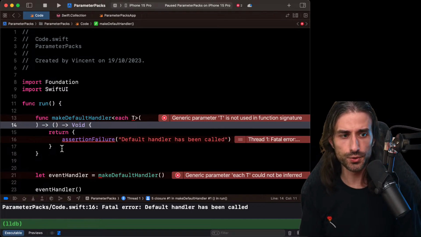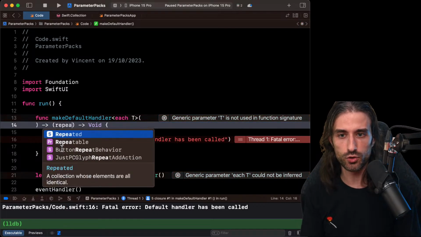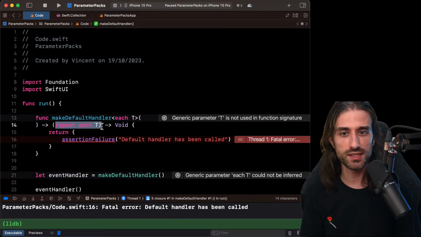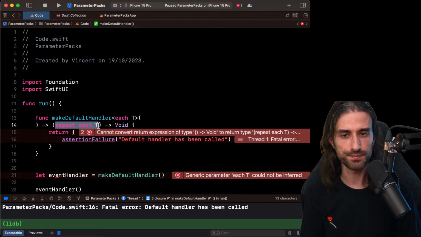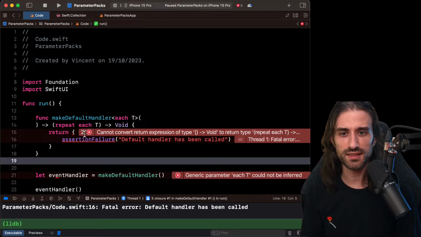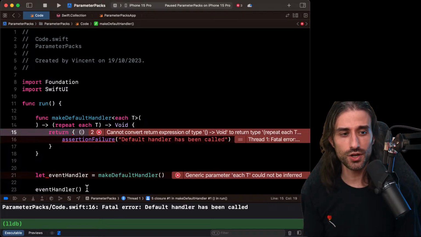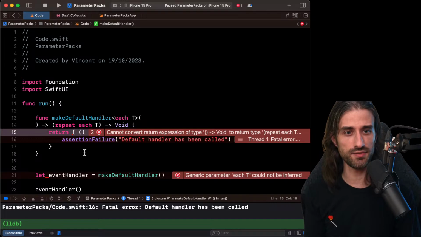So here, for the number of arguments the closure takes, it's going to be just our good old repeat each t, because we simply want to have a comma separated list of the types. So here, nothing new. But you can see that it's not enough for the code to compile, because we need to define also the argument list of the closure. And this is where it's interesting, because we want to say that the closure will take that many arguments. And it can be a bit weird to write it, but as it turns out, it's pretty straightforward because it's the same syntax as to define the argument list of a function. Because actually, we are defining an argument list.